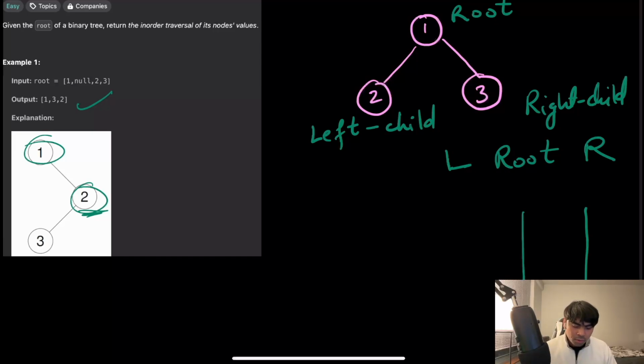So we go to a root, which is our current node, and because it's the root, we don't want to process it yet, but we want to keep going to our leftmost child, and on the way we store all the nodes that we have so